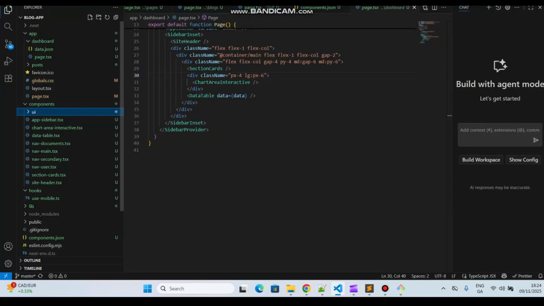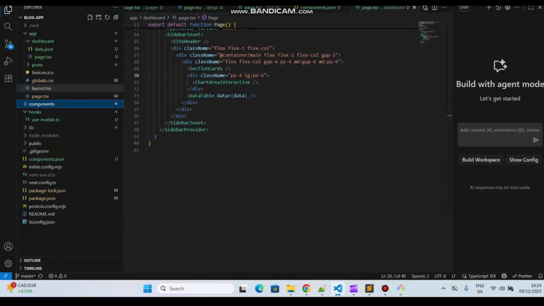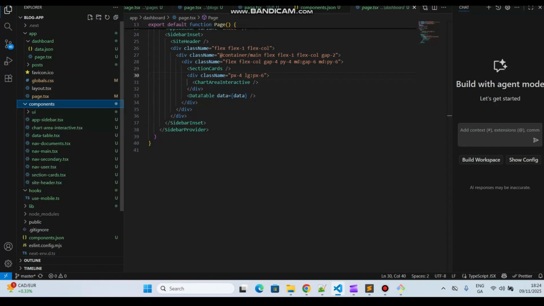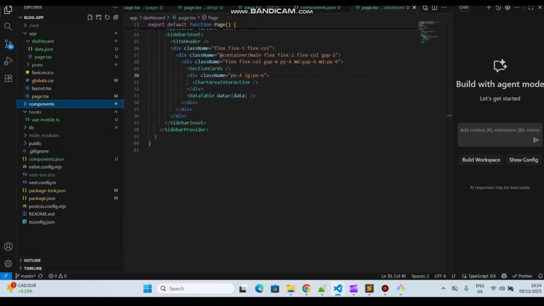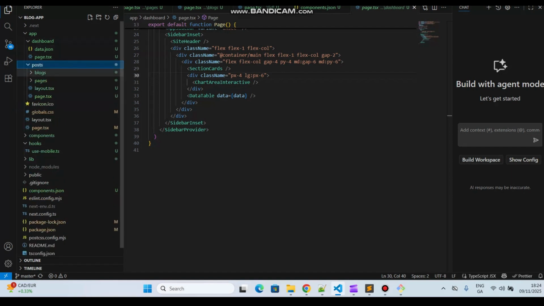So like you can see, we have components. This is all of shadcn, all these components and the sidebar, of the shadcn that we imported. So now what we are going to do is integrate it into our layout. We are going to create a blog sidebar for the blogs and pages for the post. We are going to create a sidebar for the post. Like for example,